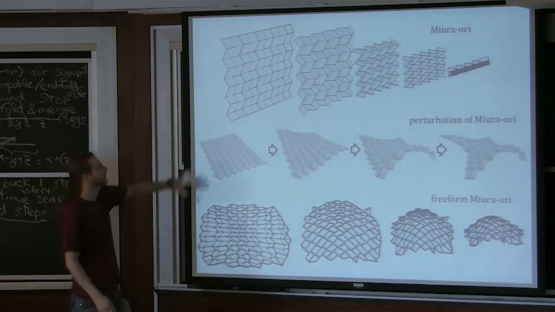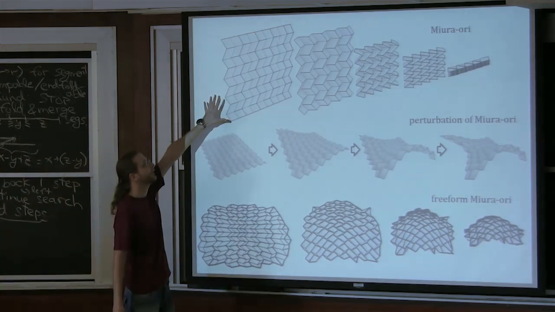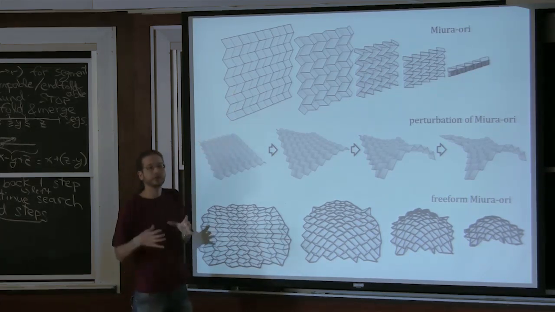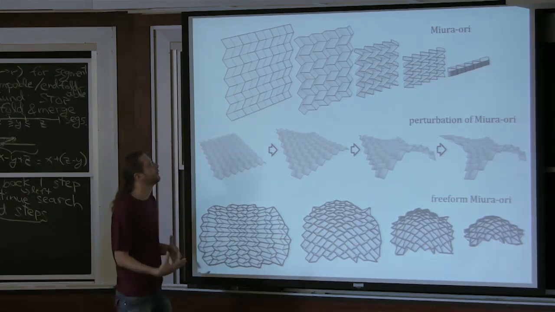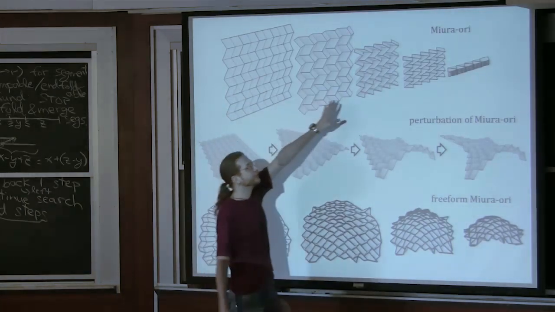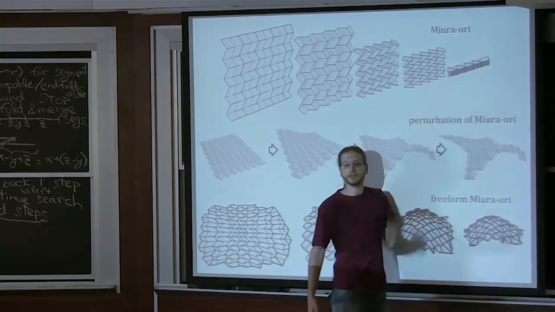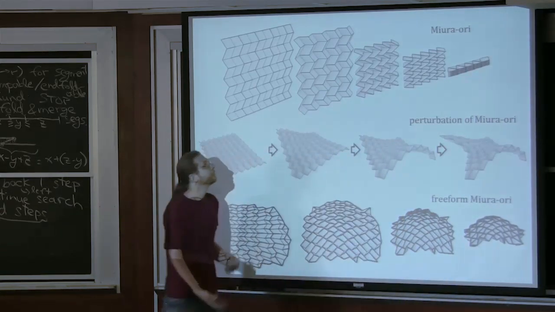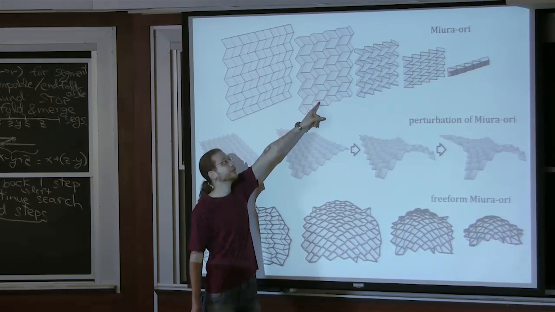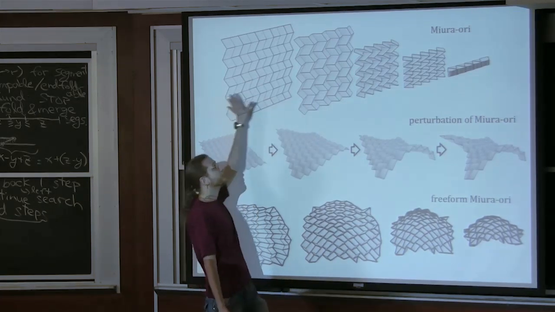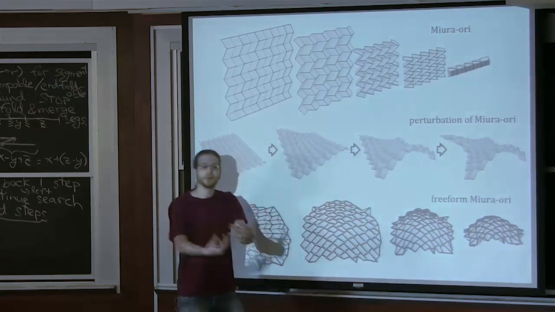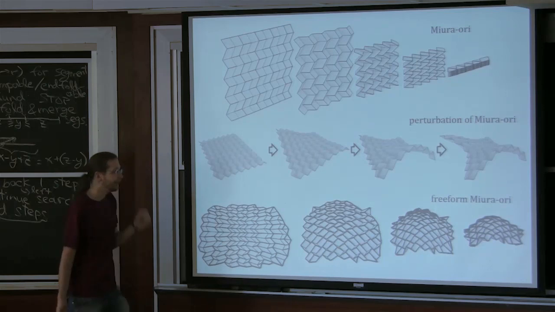So this is a kind of a classic origami called Miura Ori. And it has this cool property that even if these panels are made up out of rigid material like sheet metal or plastic or whatever, if these are hinges, you can still fold it. And this is an animation of it folding. And indeed, it folds flat. And what the theorem is saying is if you can build a 3D picture like this, any one of these, that guarantees that there's this folding motion. Not necessarily all the way to flat, but at least part way to flat. And often you get it all the way to flat.